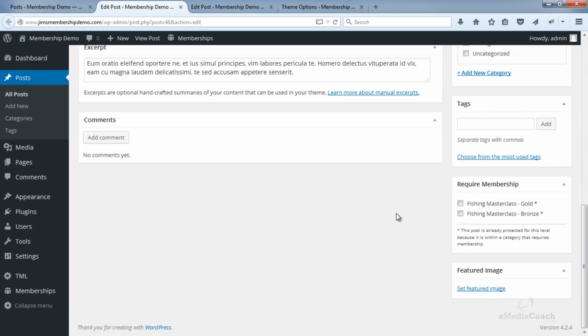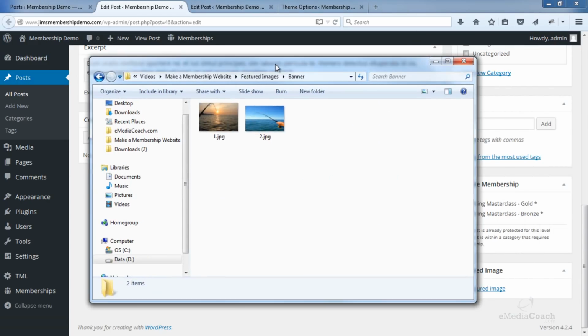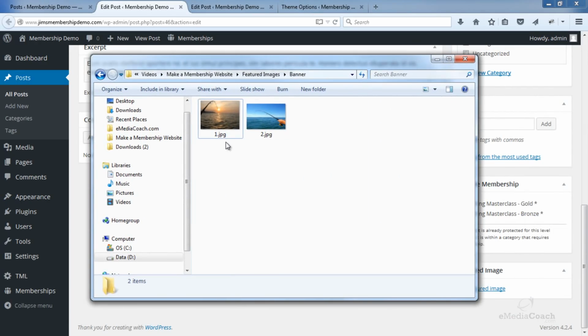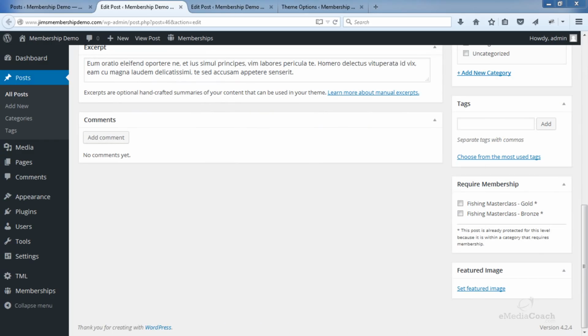And what you need to do now is grab some images that are quite large, much larger than any screen size, and then crop them to the same dimensions. So I've got a couple of images here. I've already cropped them before this video, so just keep in mind you'll need to crop the images to be approximately 450 pixels tall, and the width just needs to be wider than the size of the screen. So what I'll do now is I'll go ahead and upload those.